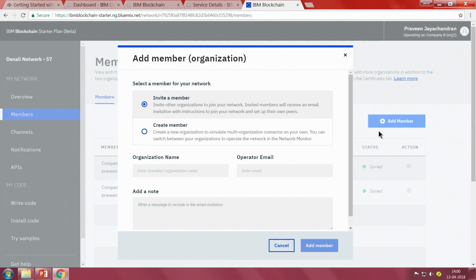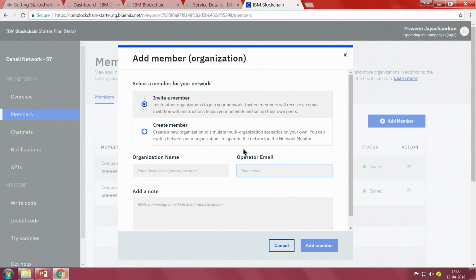Once I click the add member button, it allows you to invite a new member, in which case you will have to enter an organization name and an email address. For instance, you can invite your friend who also has set up a Bluemix account. You can type out their Bluemix email address and an email will be sent to them with a link, and once they accept that link they can join the same network that you also have a view of.